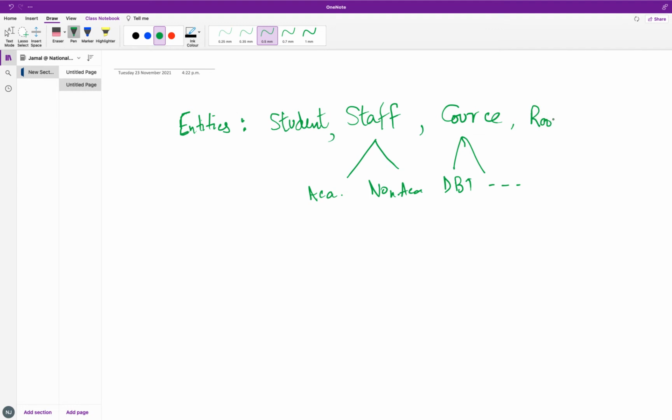Rooms or auditoriums or buildings, right? In which, just like this one. Okay. So, for example, we have these 4 entities. After identifying important entities, we have to identify important attributes of these entities. And in that business scenario or in business requirements, these attributes would be given to you.